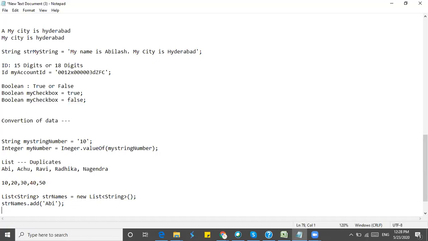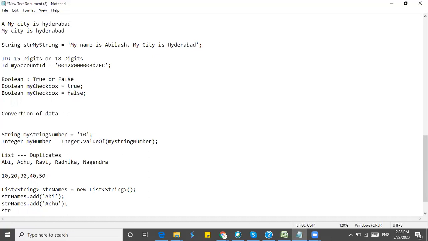Now, if you want to add another value, str names dot add, and the second value. Add, and the third value.